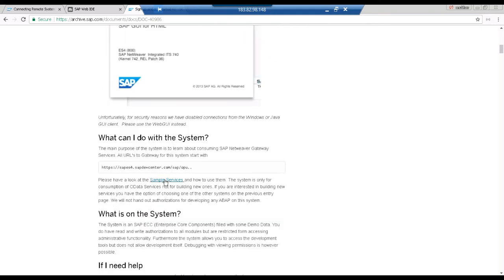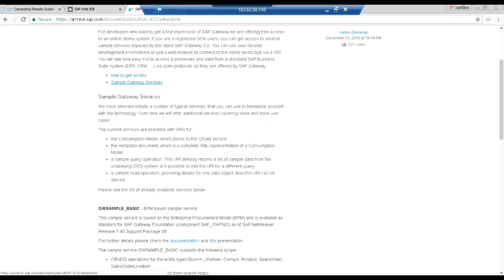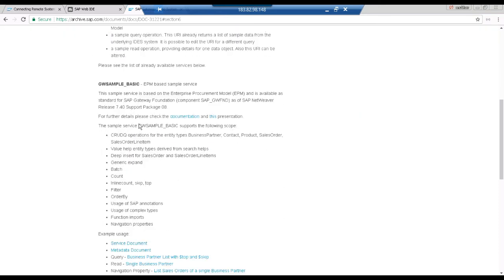If I come here, you can see there's a sample service which this server offers me. I just click here, sample gateway service. So you all can create a free user on the internet for this ES4 server, which is a free gateway server available for all trial purposes. So we will create a destination for this and try to create an application for that. There's a free OData service also available with this. If you scroll down, you can see here is the free service. Click on service document,